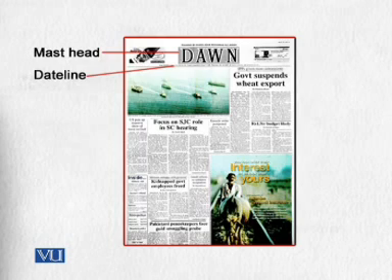Now, you can see this on your TV screen also. I have sectioned out the main page of one Pakistani national newspaper, Dawn. You can take a look, the name of Dawn I have labeled as masthead, and right under that there is the dateline, which as I told you before is the printing information, the day this newspaper has been printed, and maybe some other necessary internal coding for the newspaper people.